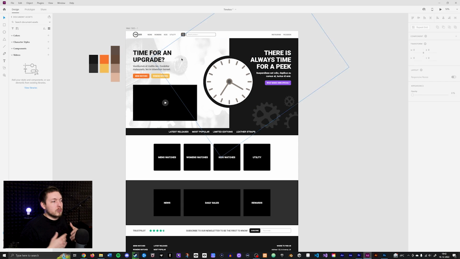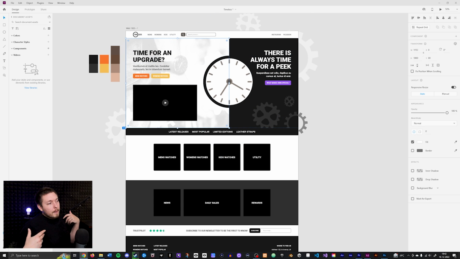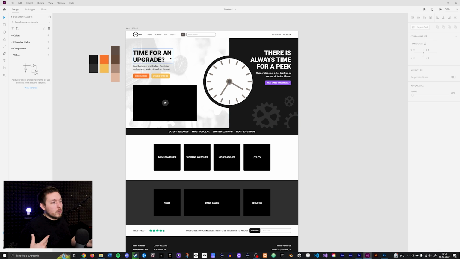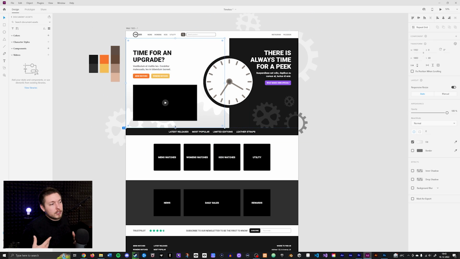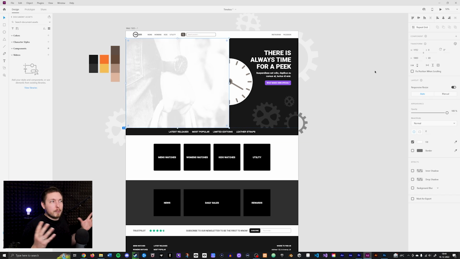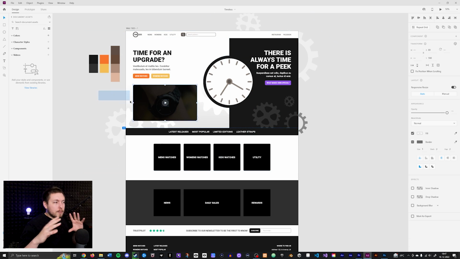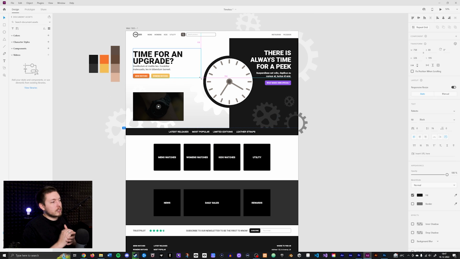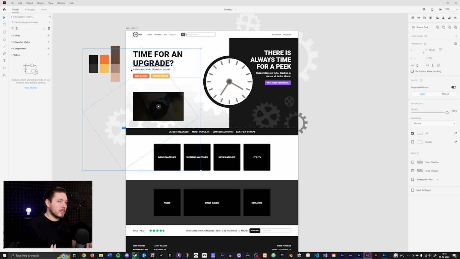So I wanted to make sure that the video was filling in the empty space on the left side, and on the right side that I had something that could slide down the page for products or something, just something that had a purpose. So essentially I just started experimenting a little bit here. I tried to use photos quite a bit